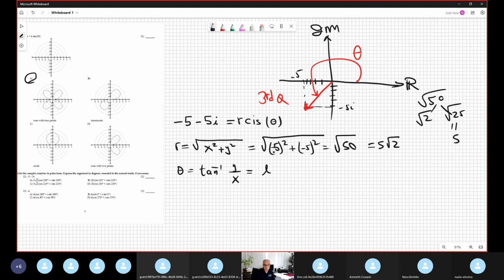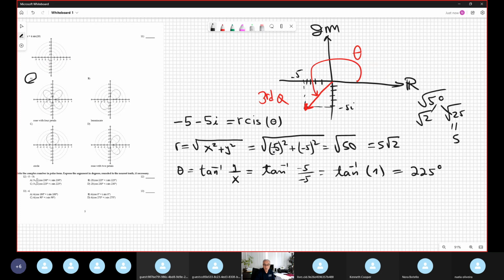However, when you take tangent inverse of negative 5 divided by negative 5, it is obviously tangent inverse of positive 1. So you believe, wow, I know it's pi over 4. No, because pi over 4 lies in the first quadrant. Actually, it's in the third quadrant. In the third quadrant it is 225 degrees, or 5 pi over 4. Now, let me see. Oh, they want degrees, so forget about the radians. The answer is